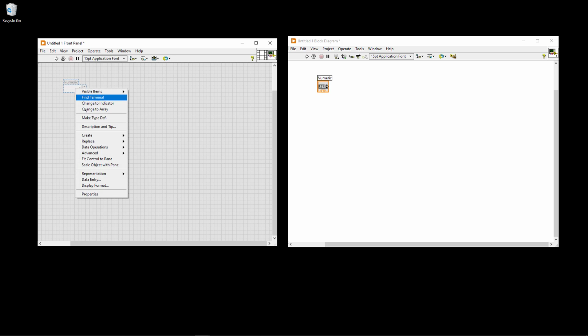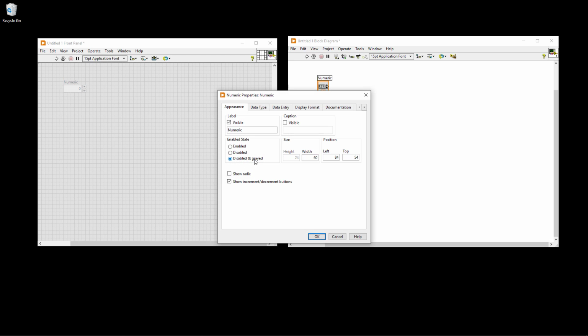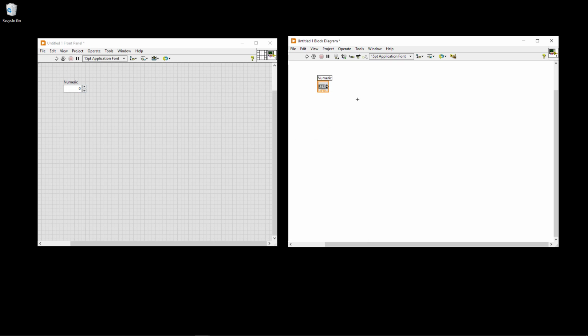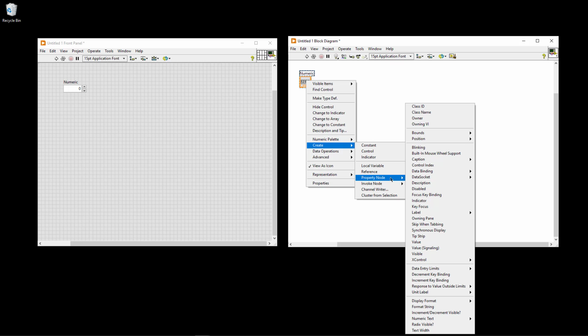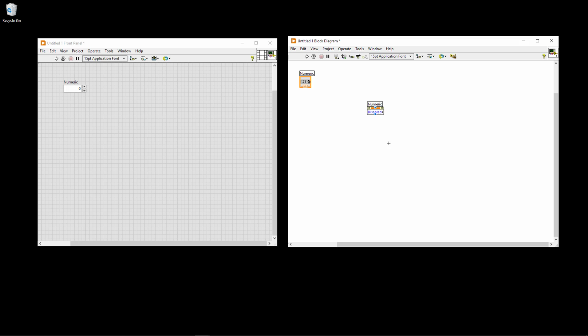So let's see how we can do that from our block diagram or the code. So then I put it back to enabled like this. Then I go to the block diagram, I right click here on this numeric control object on the block diagram, select create property node, and then I will get this list of available property nodes. There are many different property nodes that you can choose. In this case I need to find this disabled property node, then I just select this one, put it here,